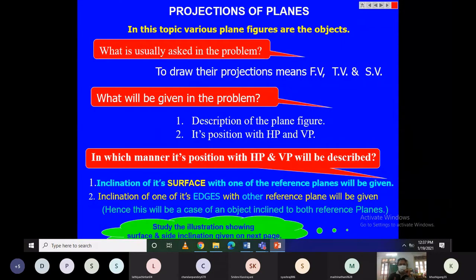So now into the second chapter, that is all about the projections of plane. Basically, we had started with the single point entity, that is called the projections of point, where we have a single point which can be denoted by A, B, C, whatever it will be. And after that we have the two point entity, that is the line, the straight line, which we can reflect by line AB or line PQ or something like that.